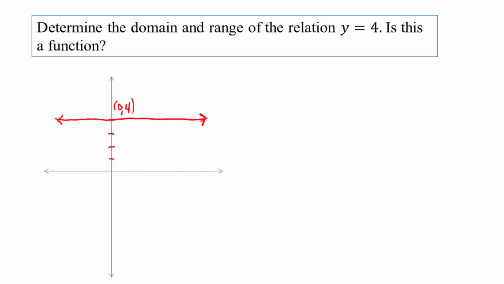Okay. Now, what are the ordered pairs that comprise this line? Well, one is (0, 4). You could have another one here, say (1, 4), (2, 4), (3, 4), etc. So all of these would have ordered pairs where 4 is always the y-coordinate, which tells us what is